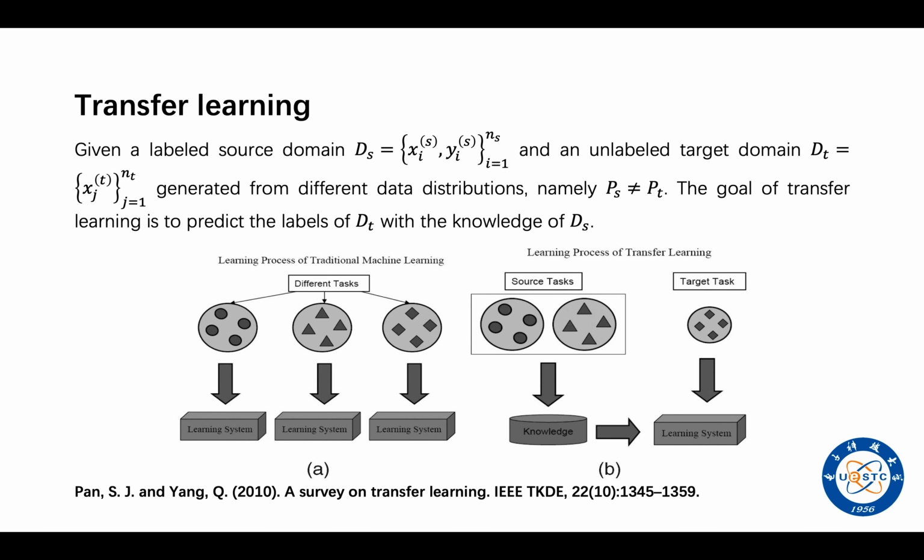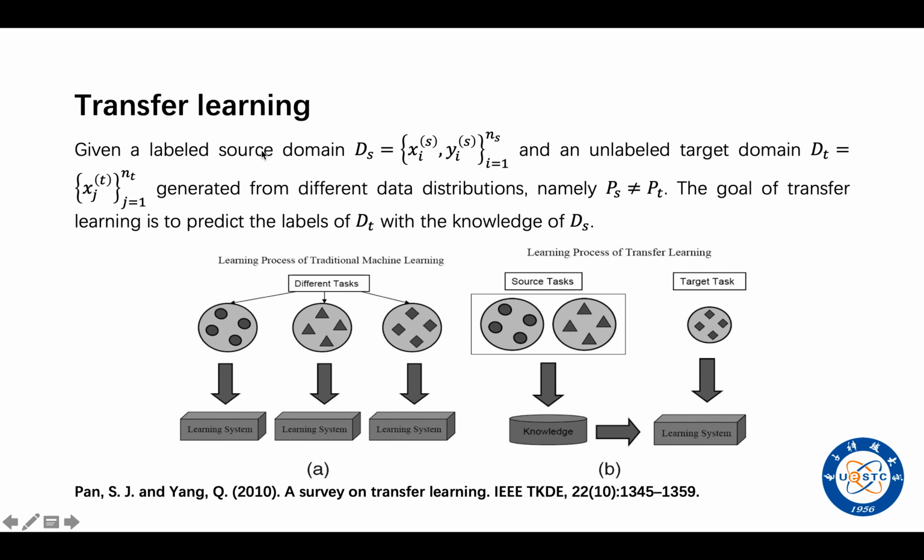Transfer learning is a crucial subfield of machine learning. Transfer learning aims to accomplish tasks on an unprocessed data set with the known information of a different but related data set. In the realm of transfer learning, domain adaptation specifically attempts to predict the labels of the unprocessed data set based on the given labeled data set. Domain adaptation has been widely used in natural language processing, computer vision, and reinforcement learning.